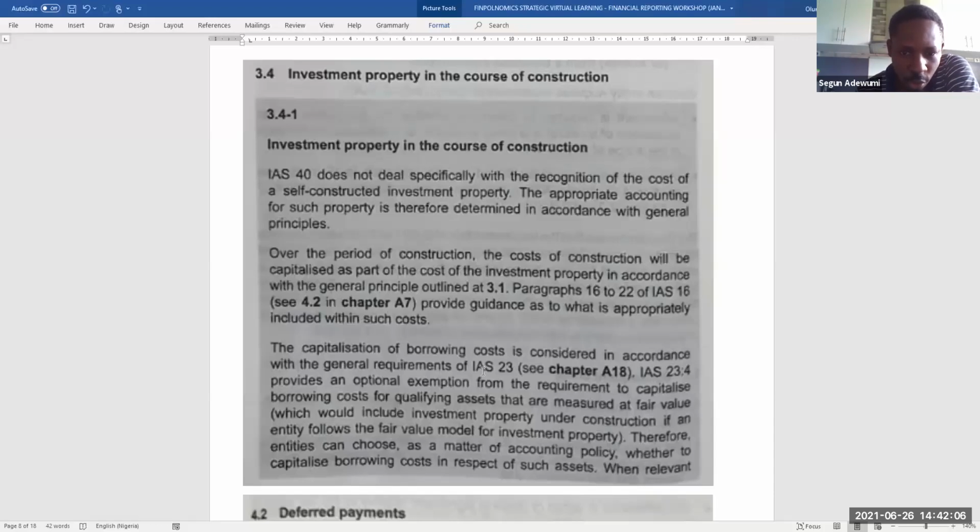The capitalization of borrowing costs is considered in accordance with the general requirement of IAS 23. IAS 23, paragraph 4 provides an optional exemption from requirements to capitalize borrowing costs for qualifying assets that are measured at fair value, which would include investment property under construction if an entity follows the fair value model for investment property. Therefore, an entity can choose as a matter of accounting policy whether to capitalize borrowing costs in respect of such assets. When relevant,